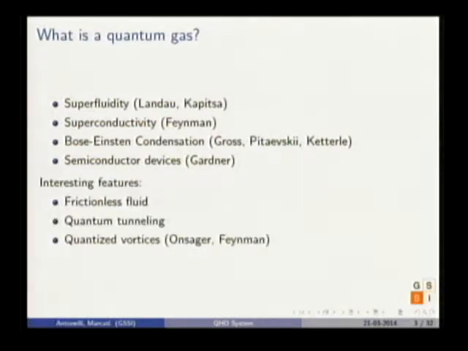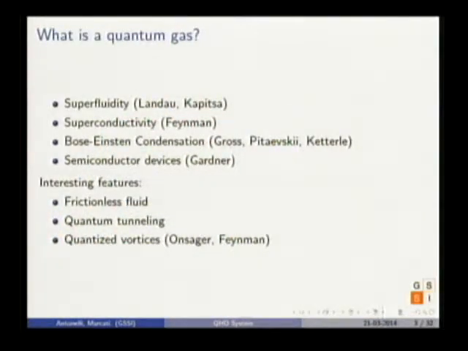So quantum gases have particular features. The first one is that the fluid is frictionless. There is this wonderful video on YouTube, which is an old documentary for BBC, I think from the 60s or something, which explains all the characteristics of superfluids, and you would see really the superfluid climbing up the wall of the container and leaking down. It's amazing. So really, you have this fluid which doesn't have any friction. Another important feature is that,